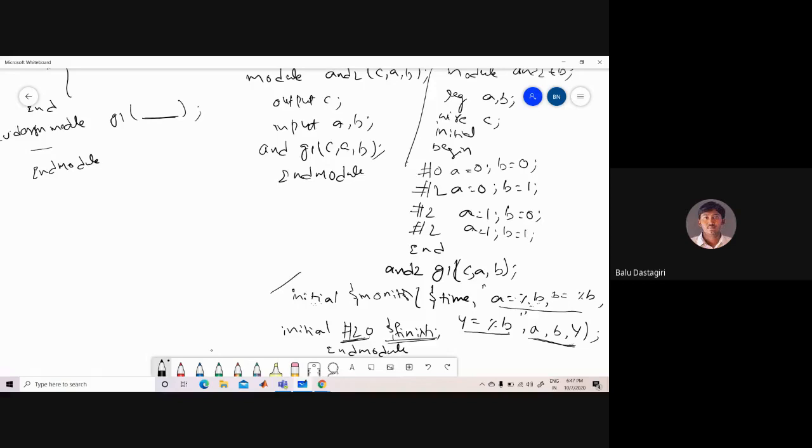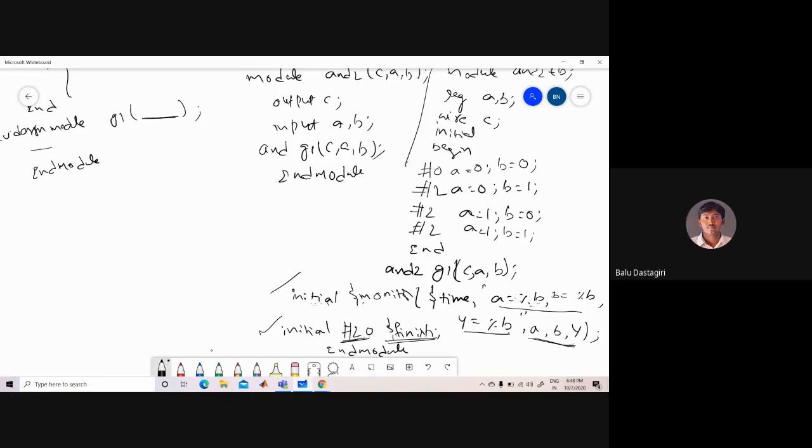In these two cases, after writing initial, we have not taken begin and end. Why? Because in the initial there is only one statement, so there is no need to write begin end. If you want to write multiple statements within the initial block or always block, we have to use begin and end statements.